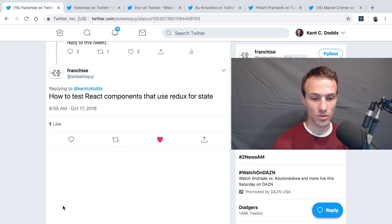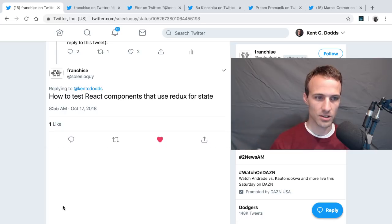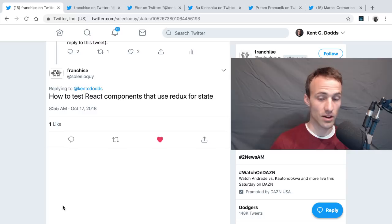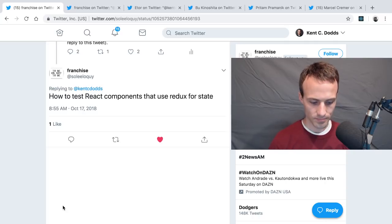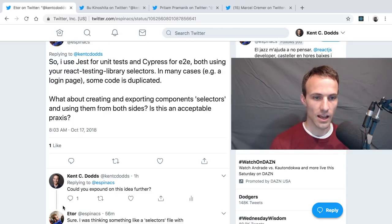But I really don't think it's a good idea to separate your Redux component from Redux, because you're severing that connection, and you can't validate that things are working together well. And it's just so easy to test them together that I wonder, why wouldn't you just do that? In my course, I have 4 lessons that show you how to do this effectively. So I think you'll like that. Okay, I had 2 of those. Okay,